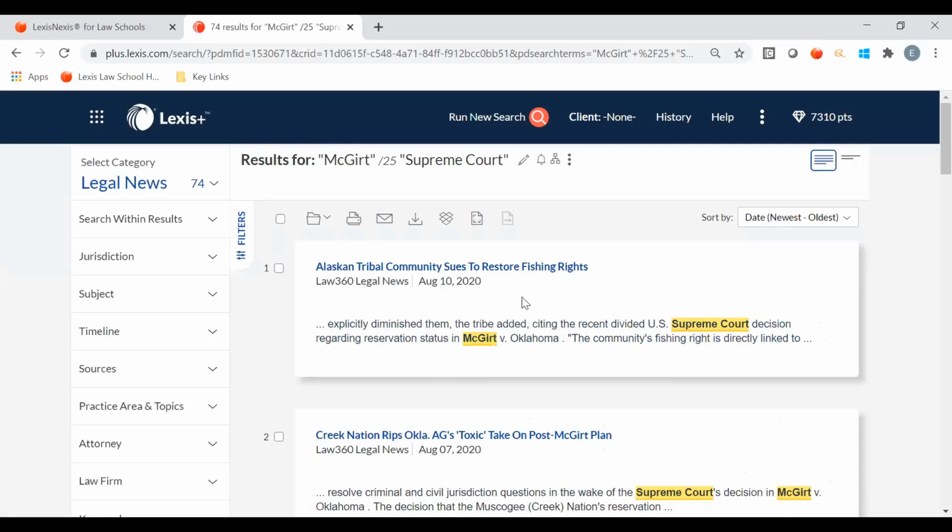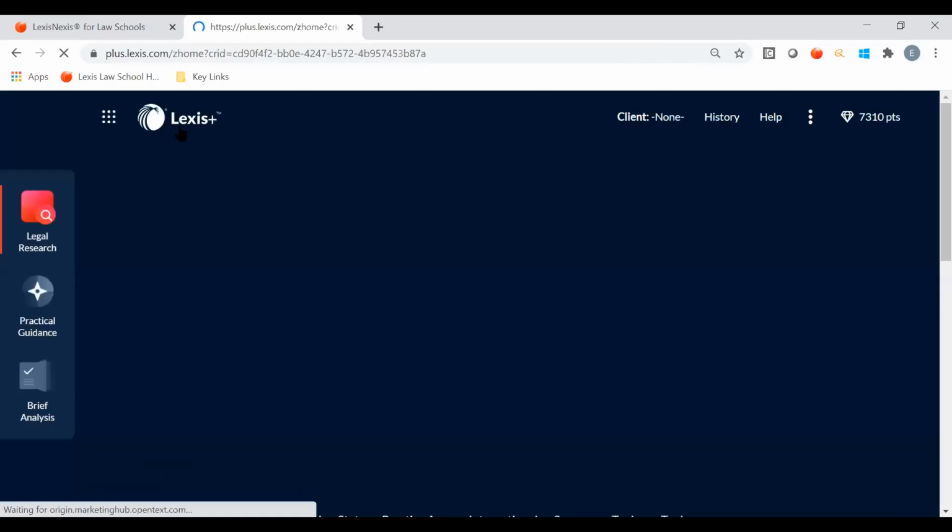And you'll note one of the news sources that we have on here, and it's only on Lexis, will be Law360, which is one of the premier legal sources out there. It's a great thing to look at because it's a legal news source. So they're going to be raising legal questions, the type of questions that you can address in your note topic. So that's how I would say to find newsworthy cases.